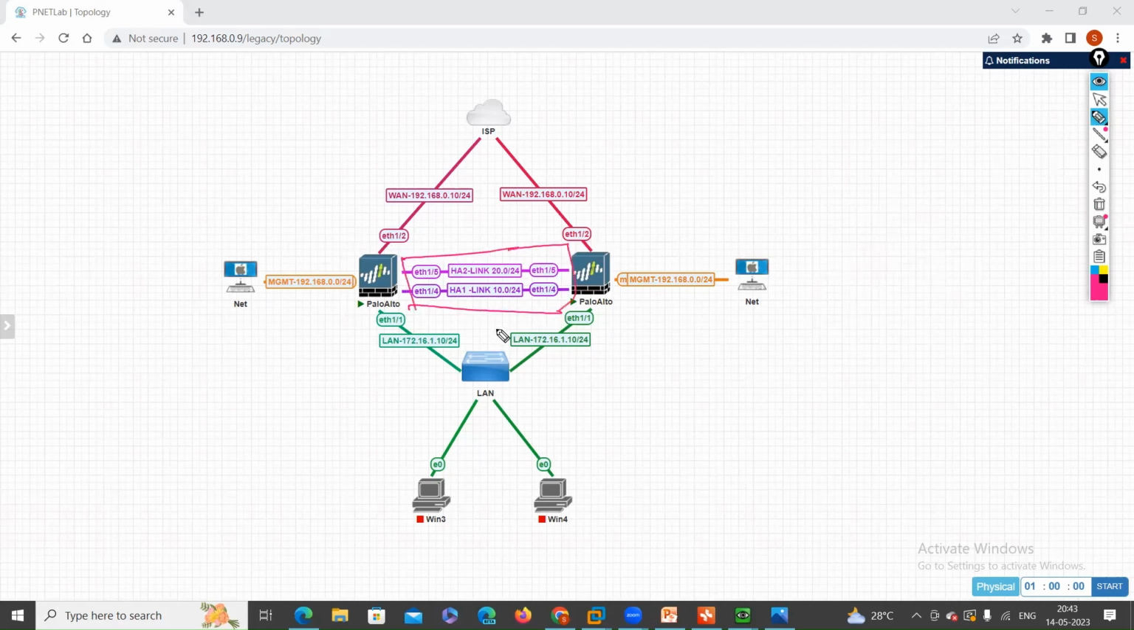Then how active passive election happens in your Palo Alto firewall, that we are going to discuss it, guys. Okay, so